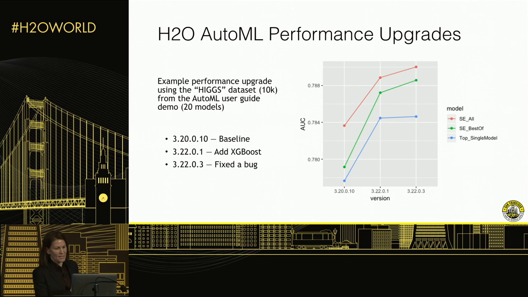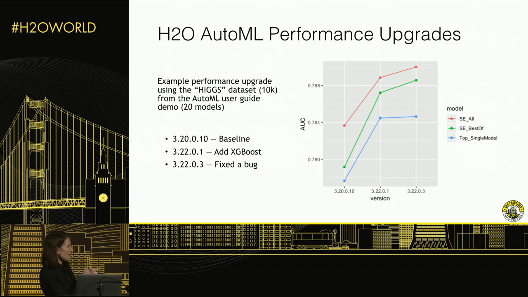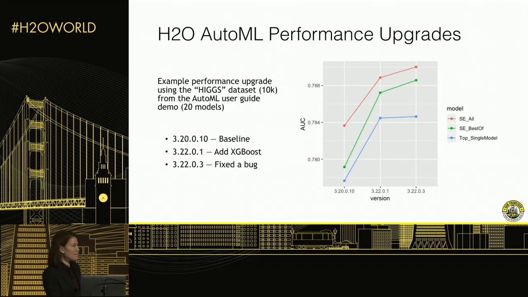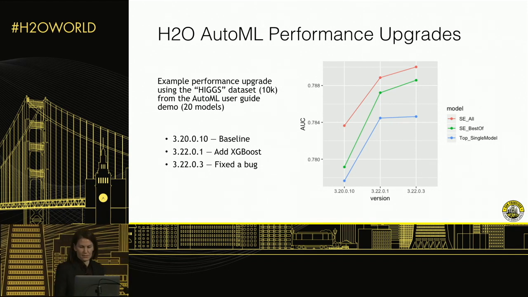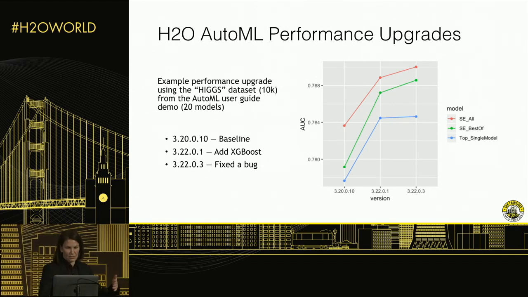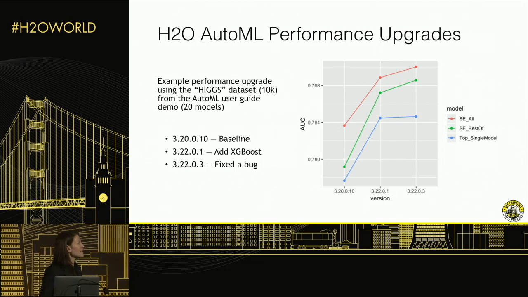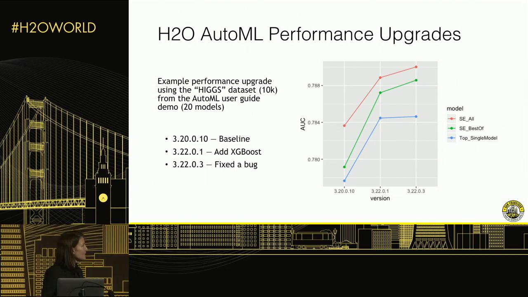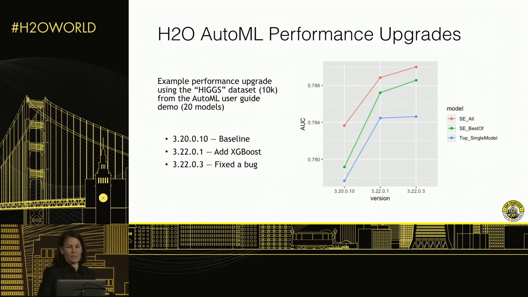And so the top is the stacked ensemble with all the models. The one below it, the green one, is the best of family stacked ensemble. And then the blue one below is the top single model. In 3.20, that would have been an H2O GBM, and now it's an XGBoost model in the next 2 versions. So we're trying to improve our performance all the time by benchmarking and tweaking what's inside